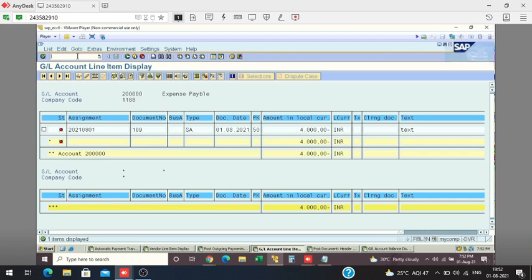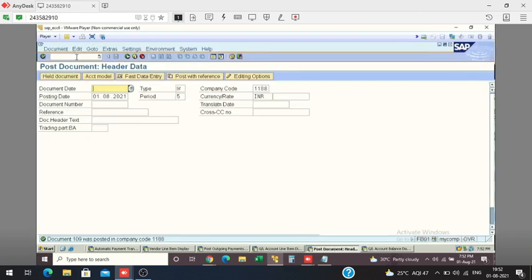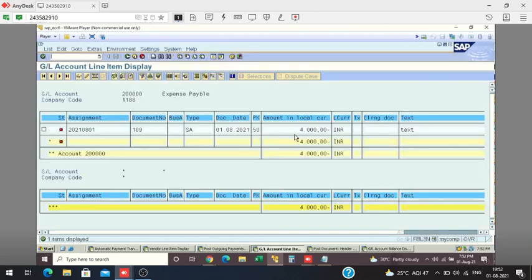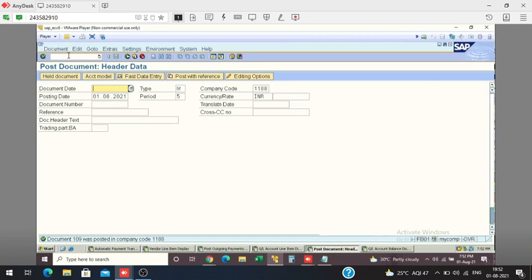Okay, now we're going to do residual payment. When we did the partial payment, two line items were showing. Now in residual payment only one line item will show. Okay, let's say